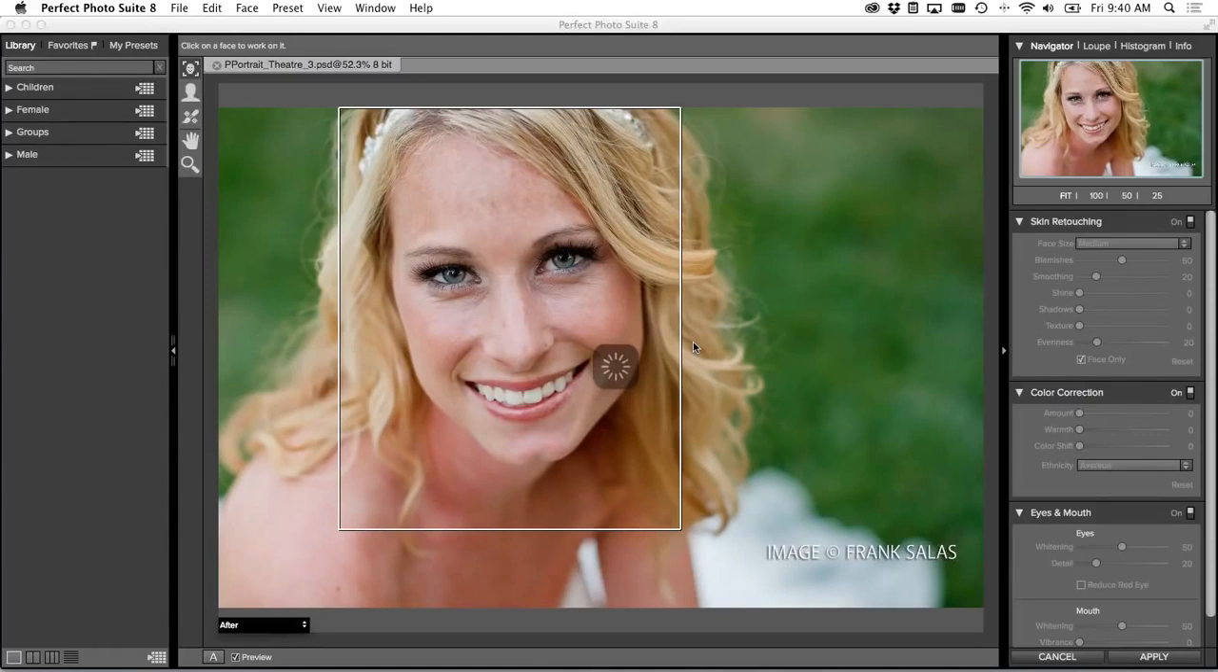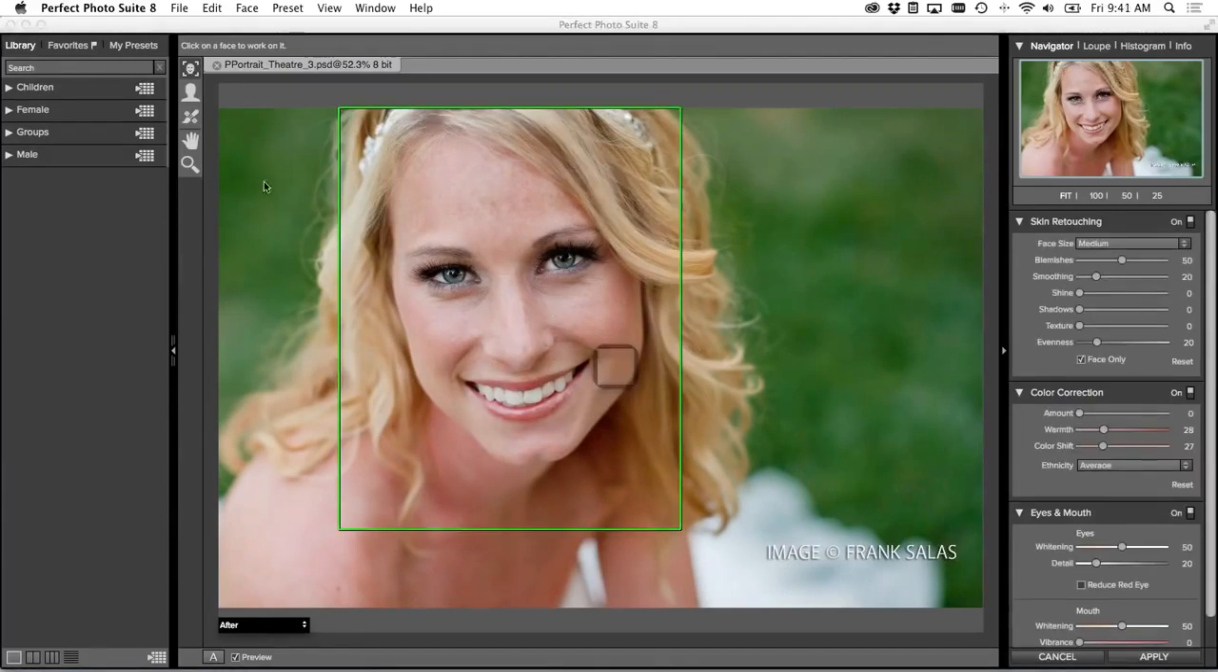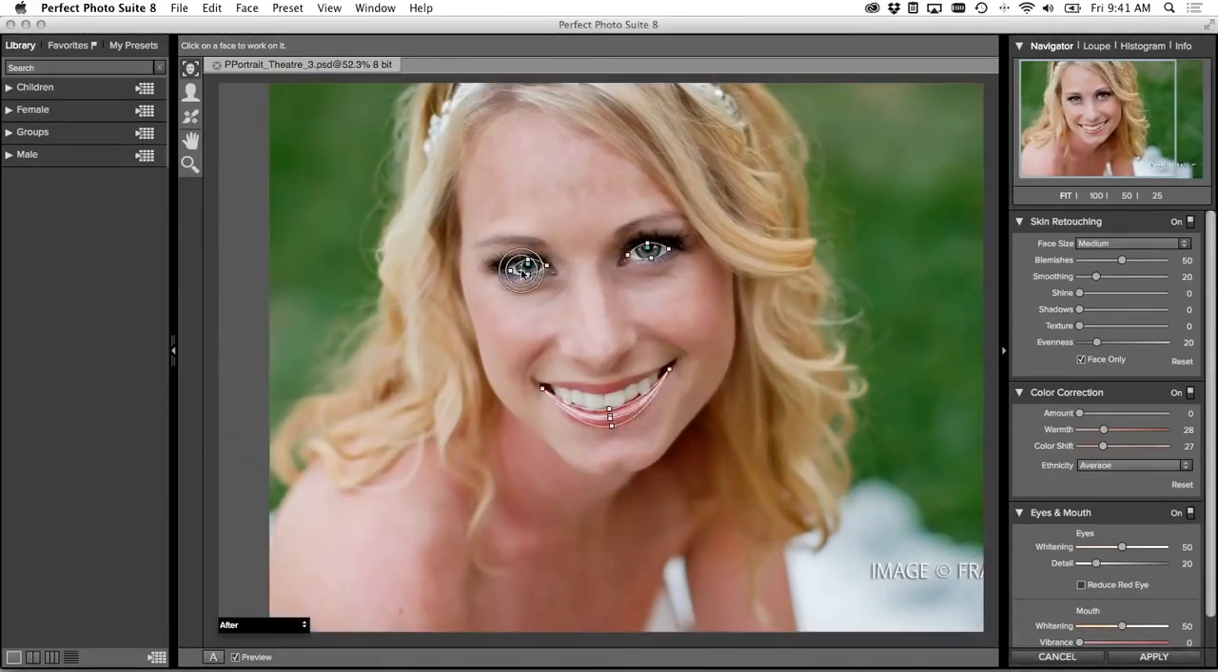And when Portrait opens, it'll automatically find all the faces. It'll put a box around all of them. Of course, we only have one face in this scene. Just click on the face you want to work on. So click inside of the box, and we'll zoom in and we'll show you the control points for the eyes